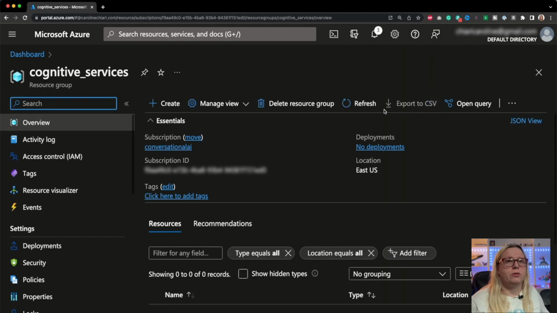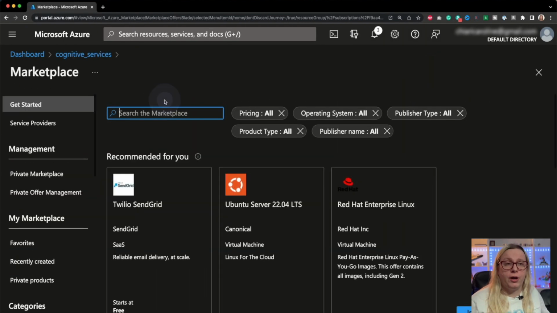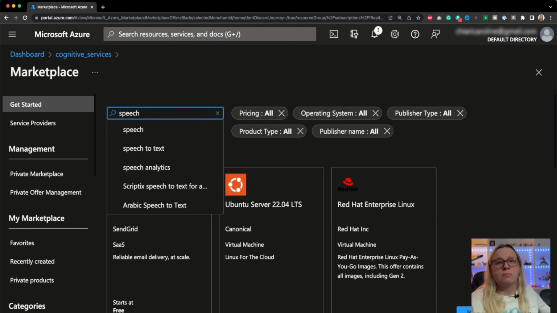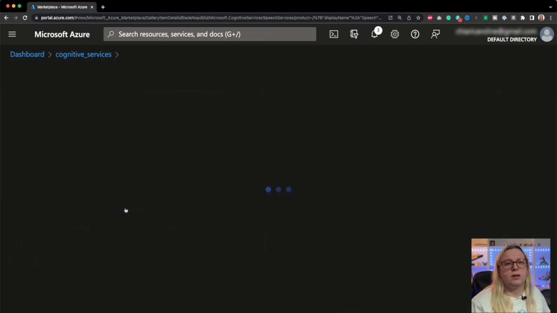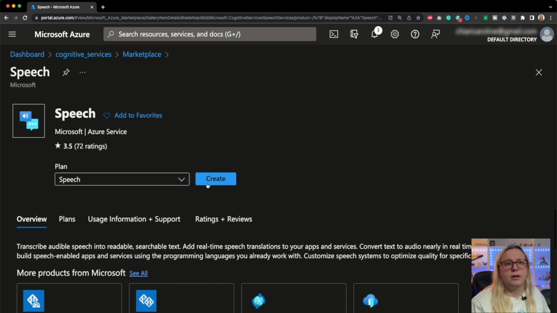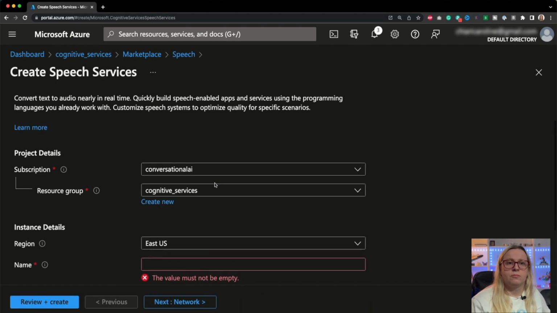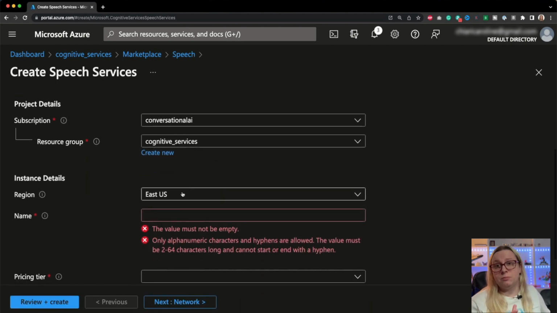Since it's created, we go there. And we're going to click create to create a new resource. We're going to search for speech. Speech is one of the subsets of cognitive services in Azure. We're going to click on speech, click create, and give it a name. Region, make it closest to you. The closer you are, the faster the service is going to respond. It's still not a super fast service, but